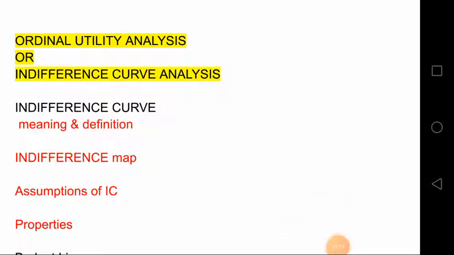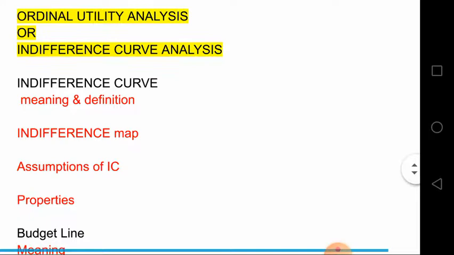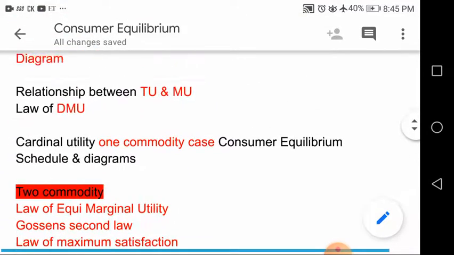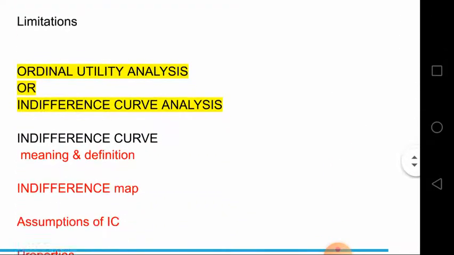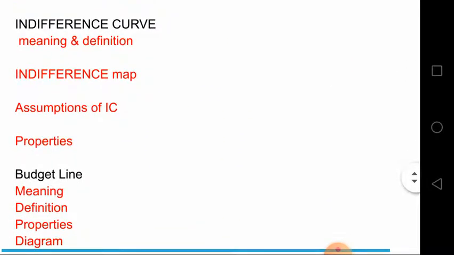So rank is the better method for measuring lots of psychological phenomena, because those phenomena cannot be expressed in terms of numbers. So we can give them a proper order. That type of analysis which helps us understand the measurement of utility is called ordinal utility analysis or indifference curve analysis. Before that, we were discussing the term cardinal utility. Now we are discussing ordinal utility. So under this, we'll study the indifference curve, meaning and definition related to the indifference curve.